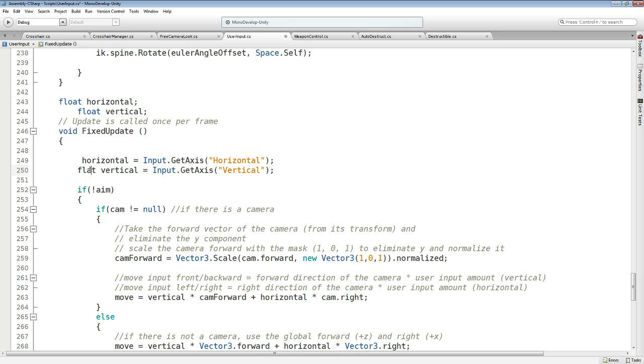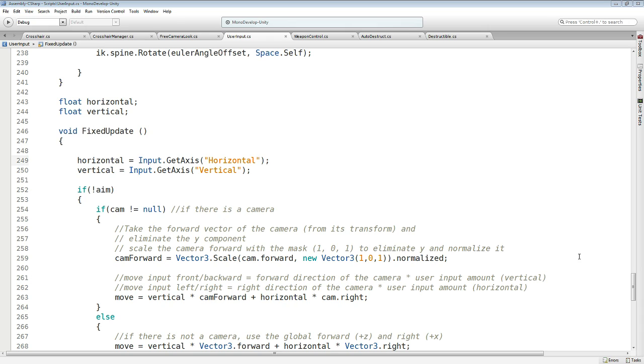So just copy paste them and remove the float from inside fixed update. Let me delete that so that we can use it on other values, on other functions. And this, let me see, what do we, yeah,